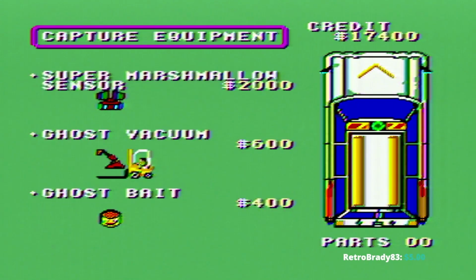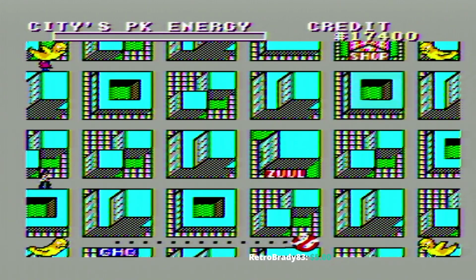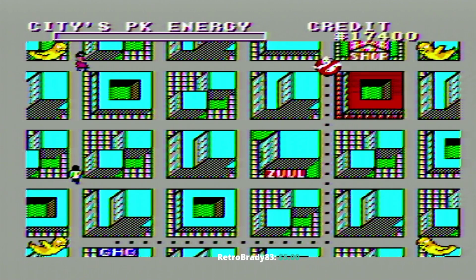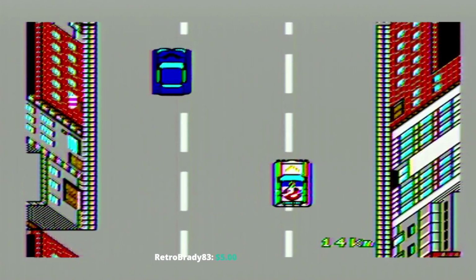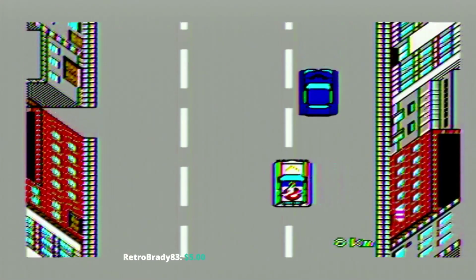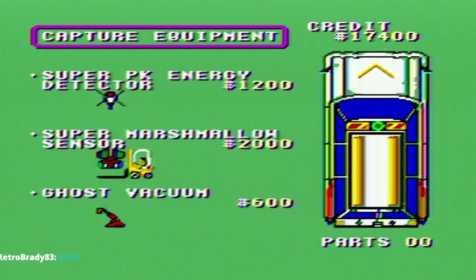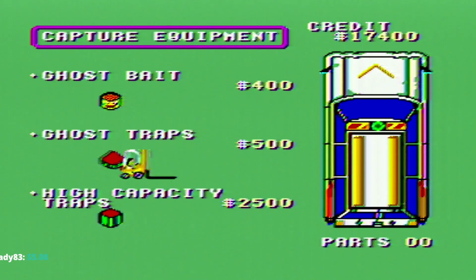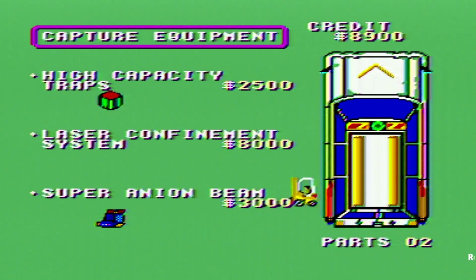Okay, let's go with... Okay, laser confinement, that's what I want. And I did it again. I hate the fact that you have to buy your own equipment. Whoa. Okay, so basic trap, laser confinement,